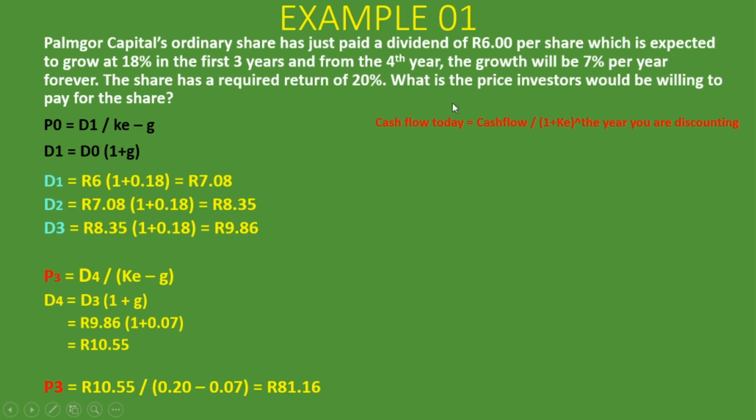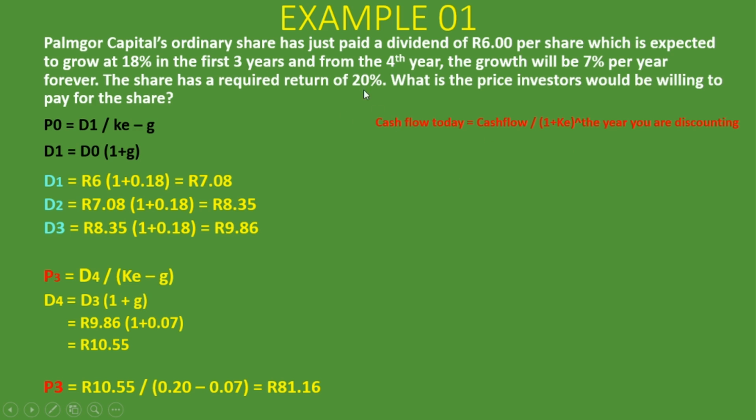If you want to get the cash flow today, that means discounting it to today. You'll take the cash flow you want to discount divided by 1 plus the KE, which is the required rate of return, to the power of the year you are discounting. Let's see how we do that. Let's first discount the dividend at period 1. We're going to take that cash flow, which is the 7 rand 8 cents, and then I divide that by 1 plus the KE,